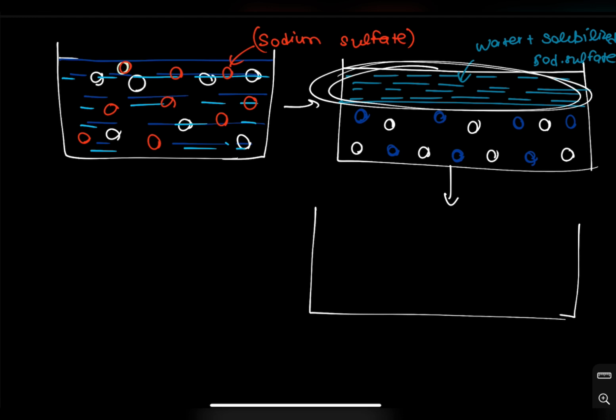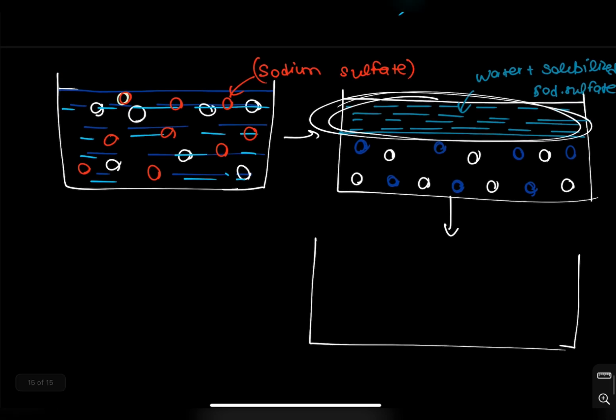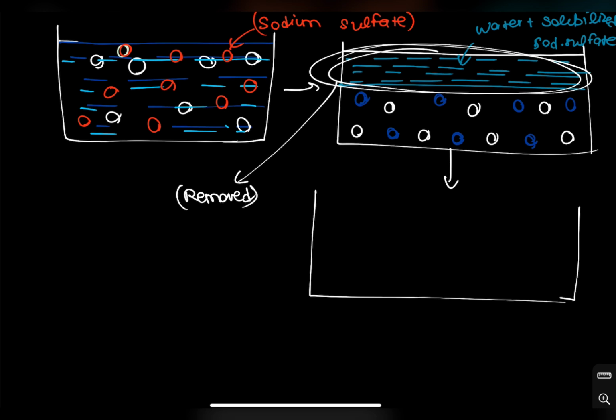We don't have to learn those in detail right now. But once we have removed this off, what we will get is a solution in which pigskin gelatin is in the solution form as well as in droplet form,